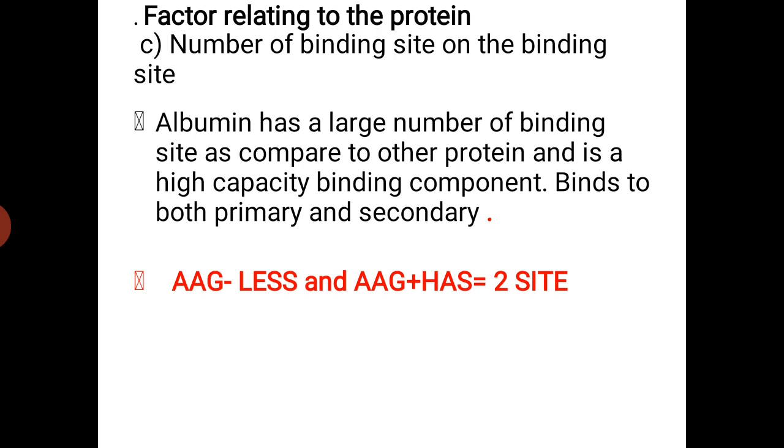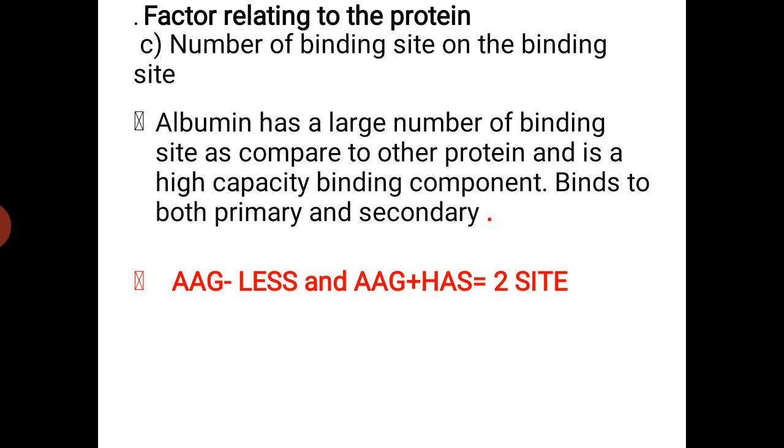So what happens? Less drug bound means more distribution. If more drug is bound with the protein, there will be lesser distribution. Okay, now one more critical point: alpha 1 acid glycoprotein concentration is commonly low in the blood, but in certain situations, like in the presence of human serum albumin,